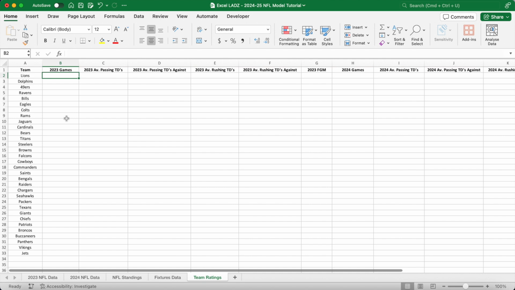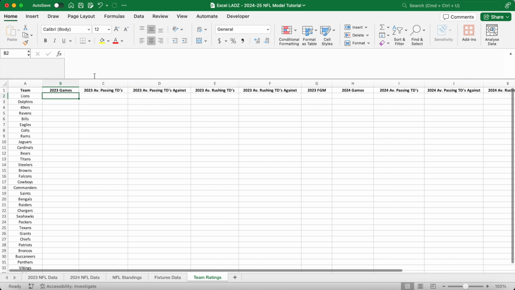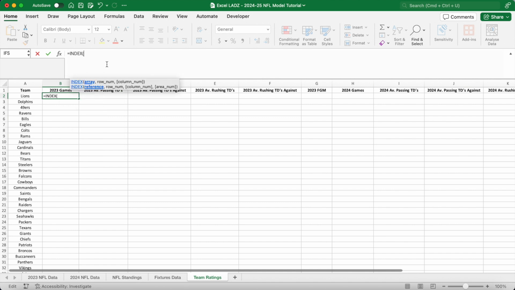And to do that, I'm going to use the sum of 3 index functions, which will find the amount of wins the Lions had, the amount of ties they had, and the amount of losses they had in that season using the 2023 NFL data worksheet. So the first index function